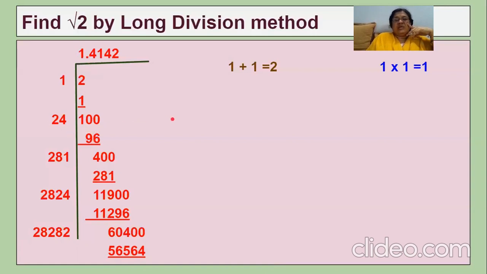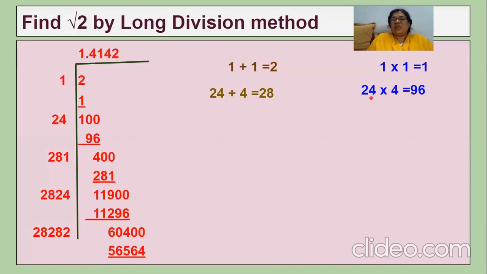So see here carefully, you have to add these two. When you add these two, you'll get 2 here. You have to place a number beside this 2 in such a way that you multiply with the same number only. See here, I kept 4 beside 2. So you have to multiply it with 4 only, not with any other number. When you multiply with 4, you'll get the answer 96.